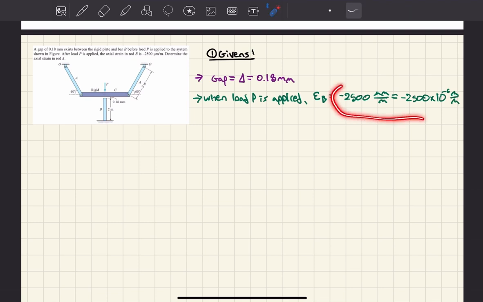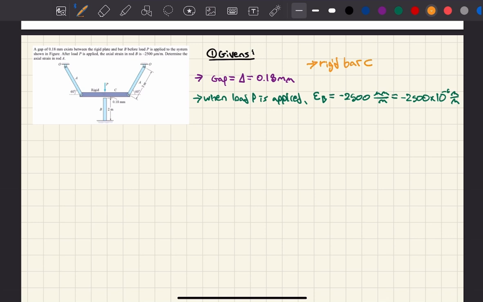Okay, what does this mean physically, on the diagram, for example? Well, even if load P is applied, they're not even touching this point. Why is bar B affected? Why does it have a strain? Well, this implies that once we applied load P, it's going to push this rigid bar C. That is very important. I'm going to write it before I even continue the explanation. It's a rigid